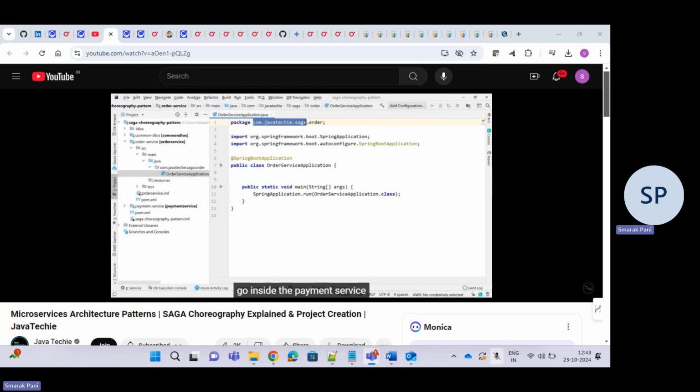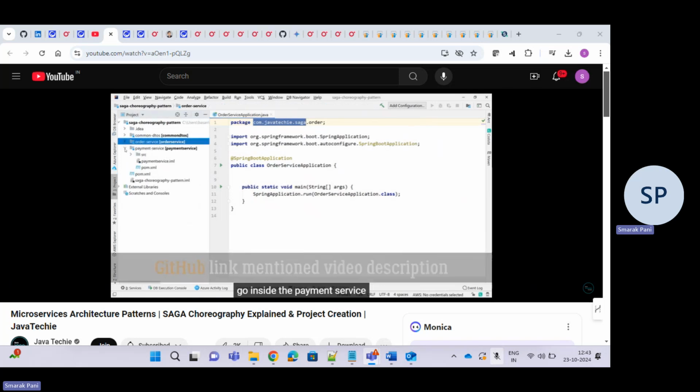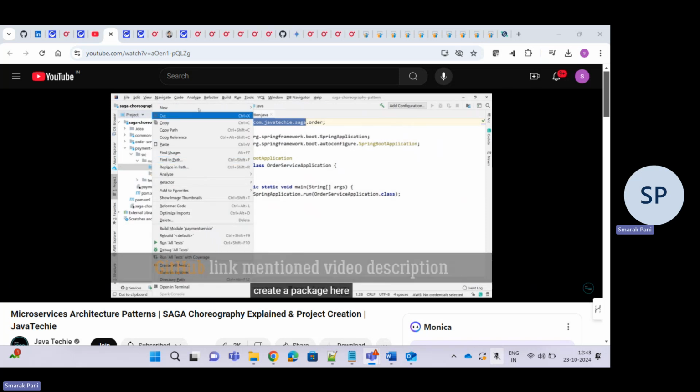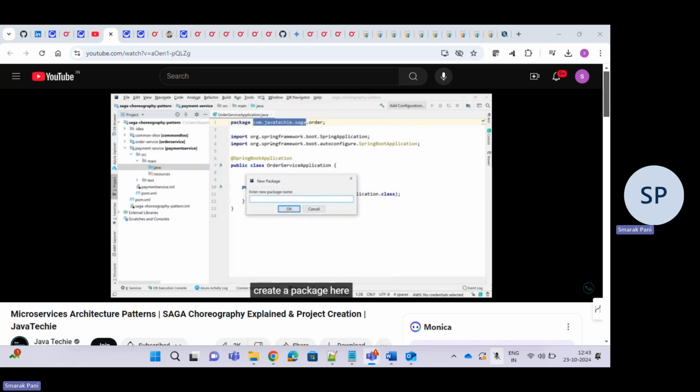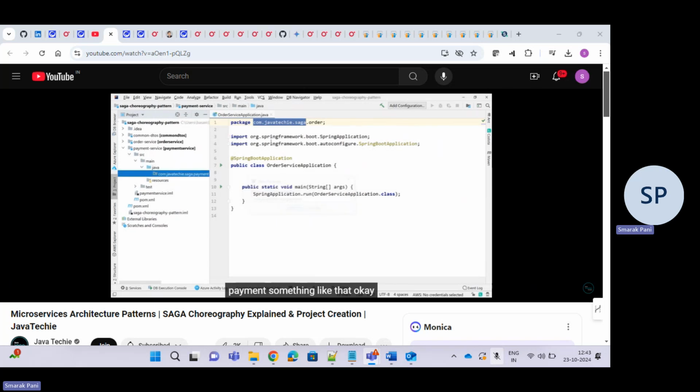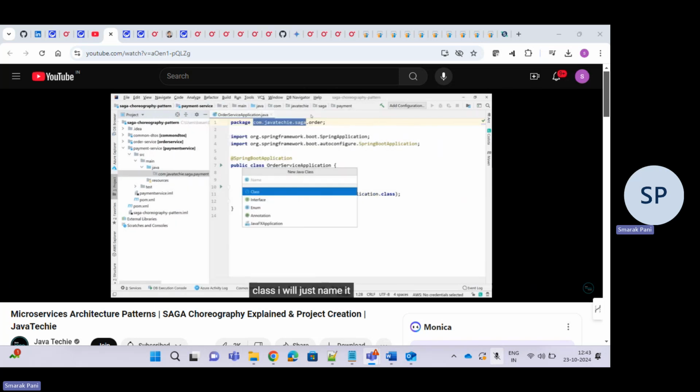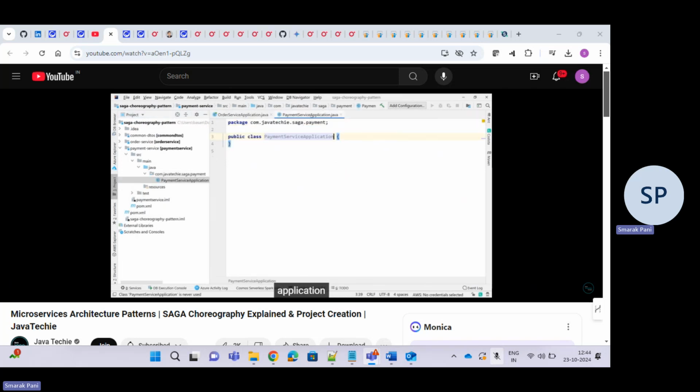Okay, go inside the payment service. I'll just go to src main, then I'll just create a package here, payment, something like that. Okay, then I just need to create a class, main class. I'll just name it payment service application. Then I just need to annotate @SpringBootApplication, and need to create the main method